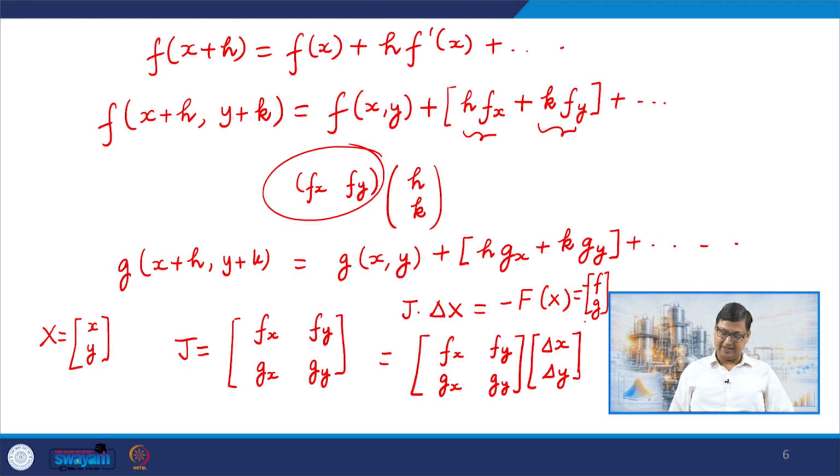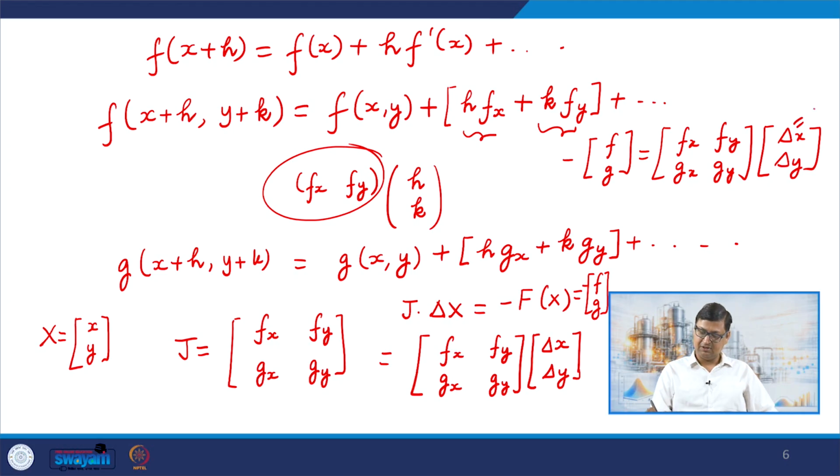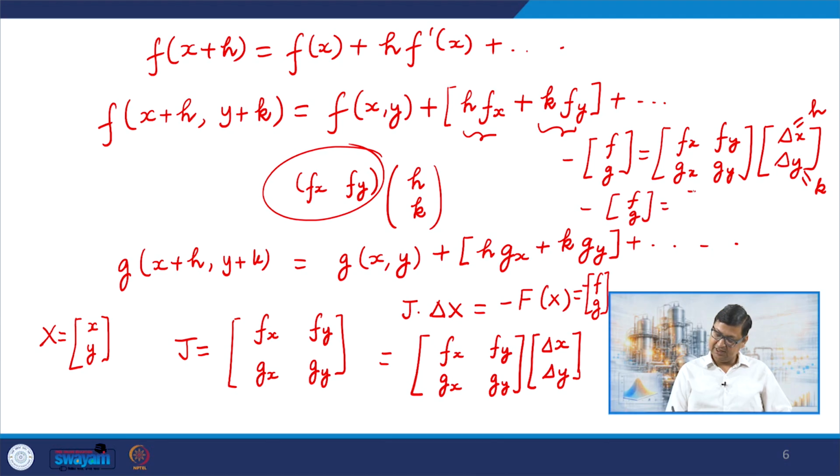So if I plug it in there, I am going to get something like this: minus of f and g is equal to fx, fy, gx, gy times delta x, delta y. By the way, delta x, delta y is my h and k if I prefer, and that becomes minus of f g is equal to